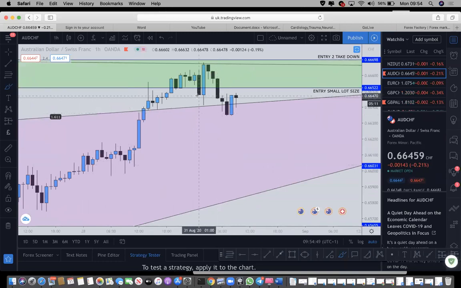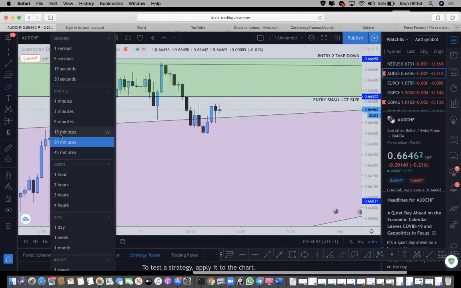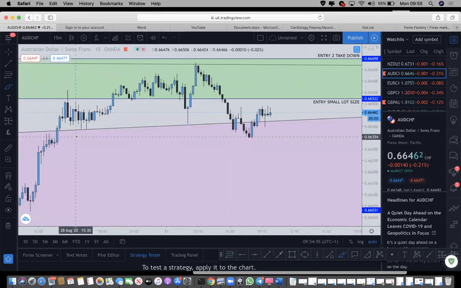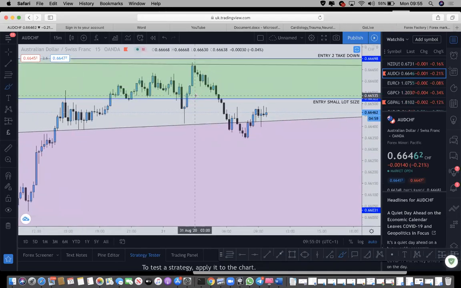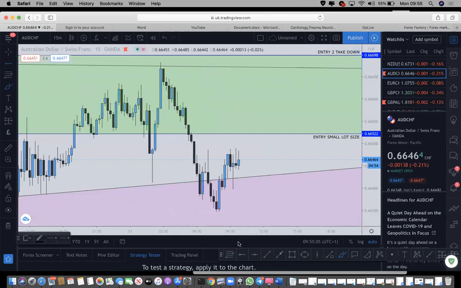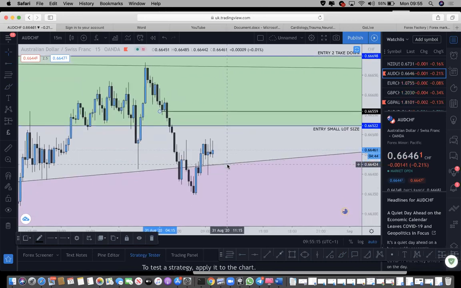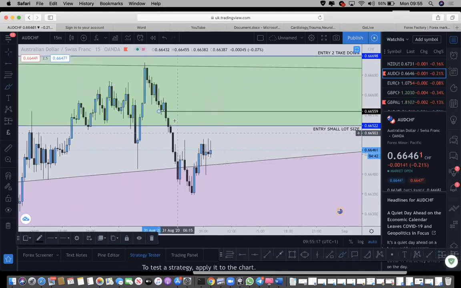We have a break of market structure beautifully on the 1 hour time frame, so let's see if we can find a re-entry. A nice break of market structure right there. So a re-entry area for AUD CHF will be around 0.66559. And if I'm to plan this trade,